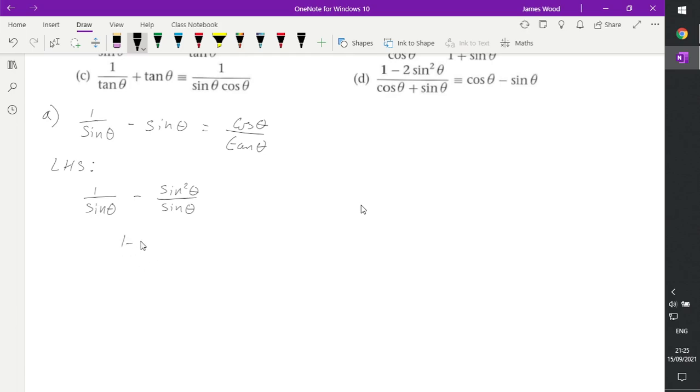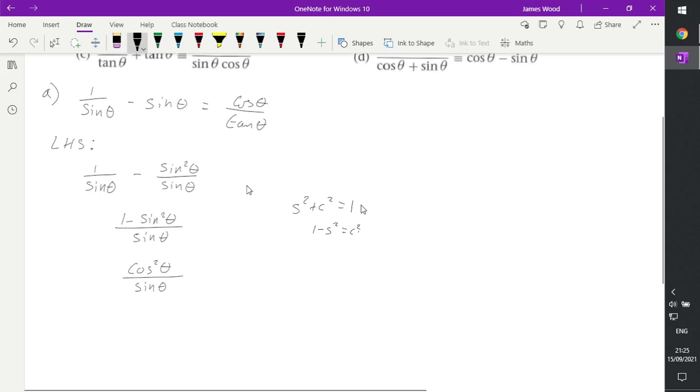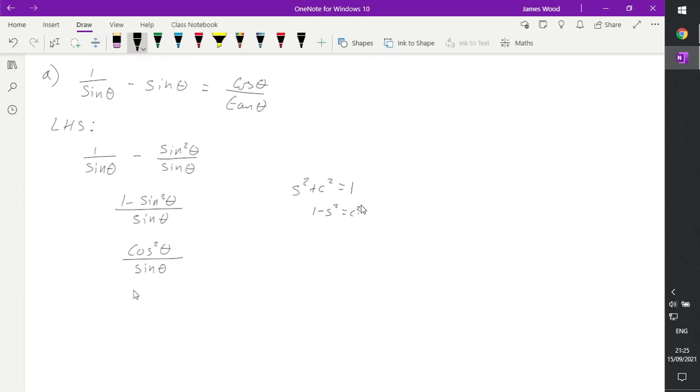Now I can combine this into 1 minus sine squared theta over sine theta. And 1 minus sine squared, remember that sine squared plus cos squared was 1. So 1 minus sine squared is going to give me cos squared. So this actually becomes cos squared theta over sine theta. Now the thing I'm aiming for is just cos over sine. So maybe if I rewrite this as, sorry, cos over tan is what I'm aiming for. So if I rewrite this as cos theta